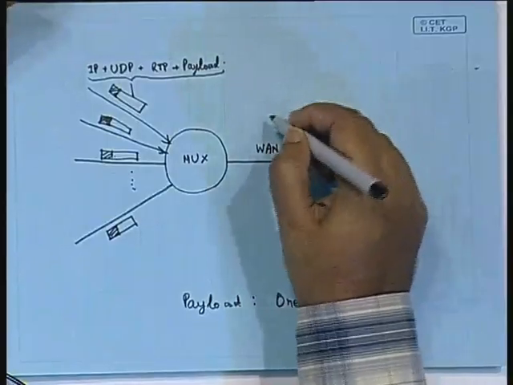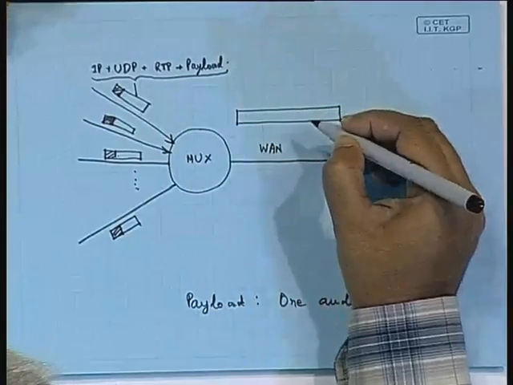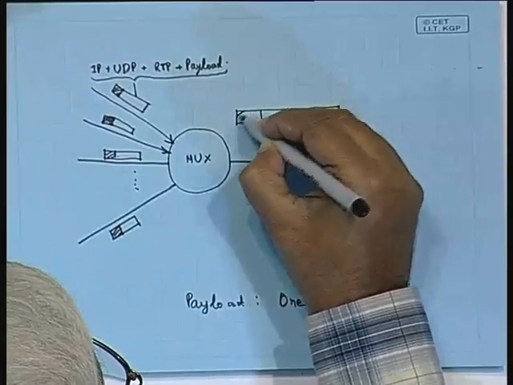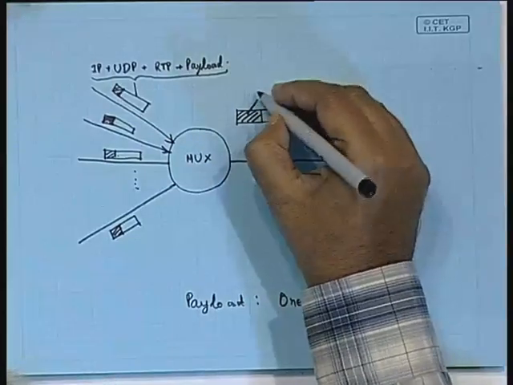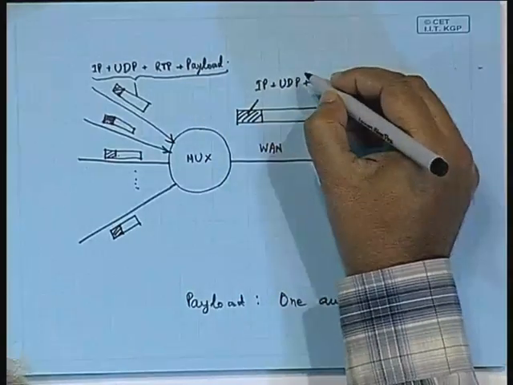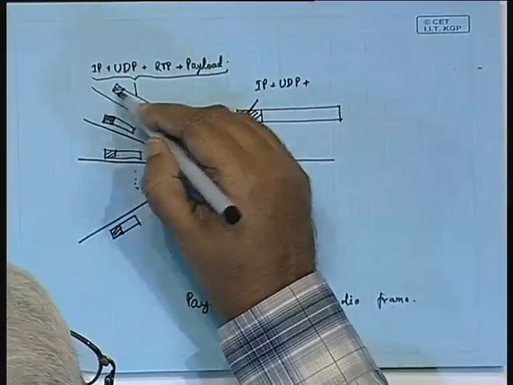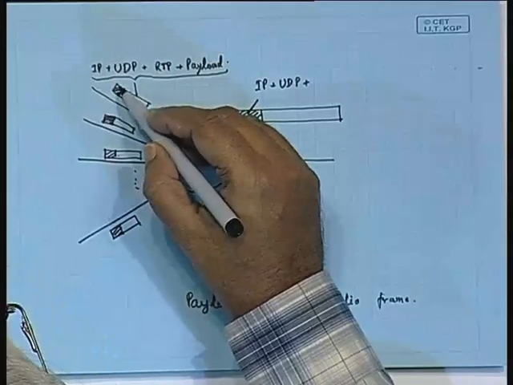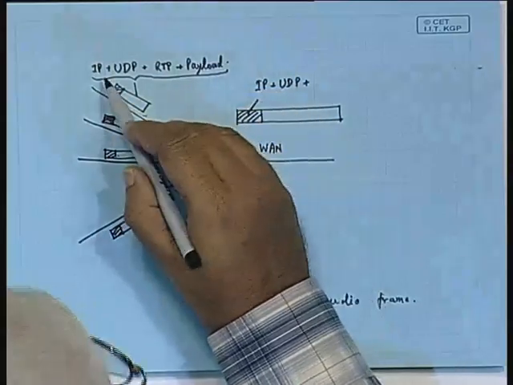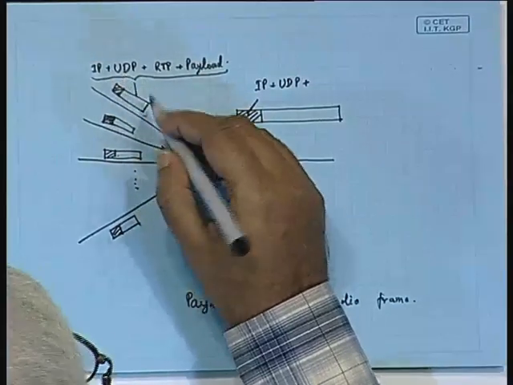So, here what we are typically having is that, supposing this is the total composition of the WAN packet, and here we will be having the header as the IP plus UDP plus we are having the total information here. That means to say that the header which was already there, and then the payload information. Now, out of that the IP and the UDP header, we may dispense with, because what happens that